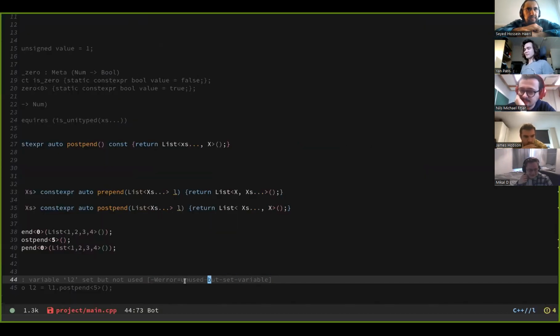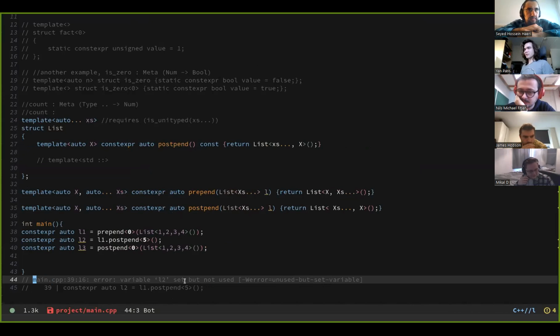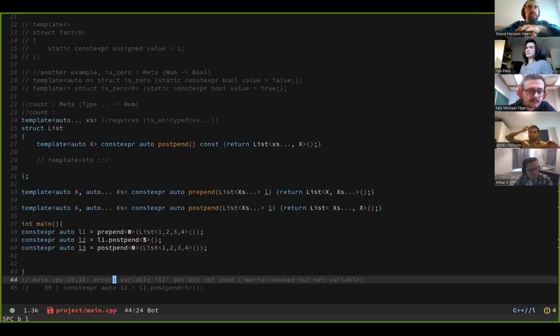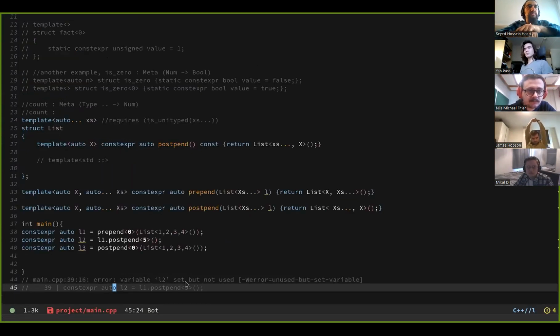There. This is the warning. No, it's an error. No, this is the error: variable L2 set but not used. No, this is not an error. Well, it is an error, but that's because you have the warnings-as-errors flag turned on. Yes, I shouldn't have. Right, turn that off then. Give me a second. Yeah, get rid of that as well. That's fine. It'll change lots of the warnings. Let's see. No, wait, go back to your settings and